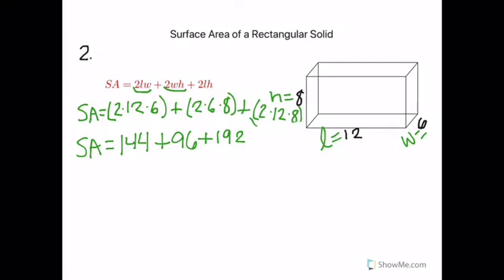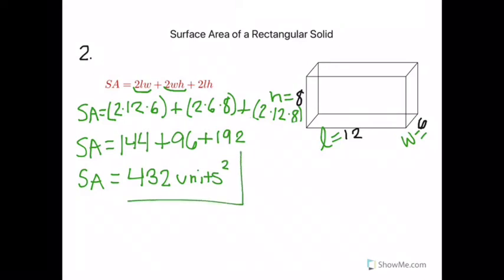Add all of these together, because remember, surface area is the sum, which means add the sum of all of those areas. So 144 plus 96 plus 192 gives me 432 units